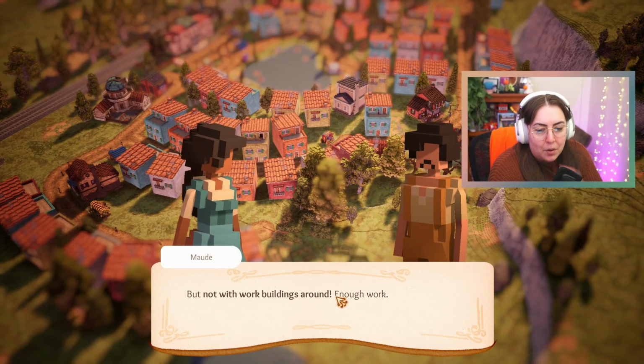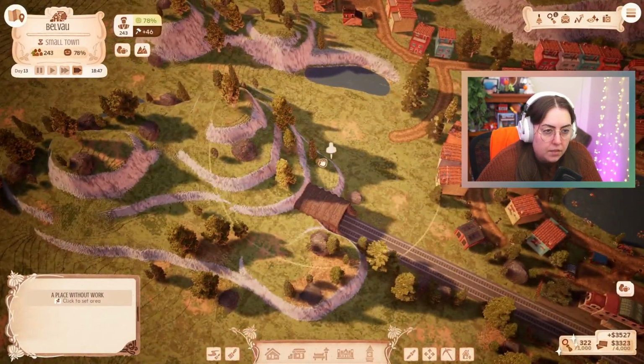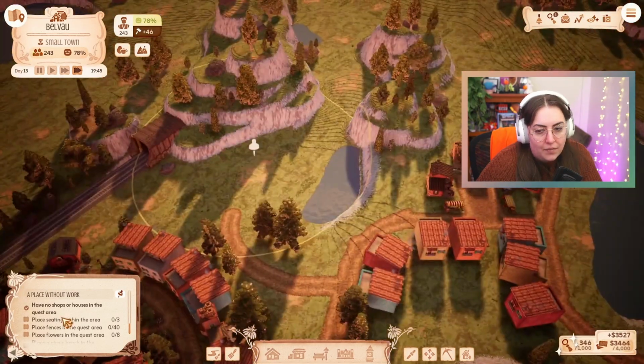Place to meet. Like a park, but not with work buildings around. Enough work. A place that makes us happy. Can I place this over here? Yeah, we can make this a nice little park. That'll be really cute. We have